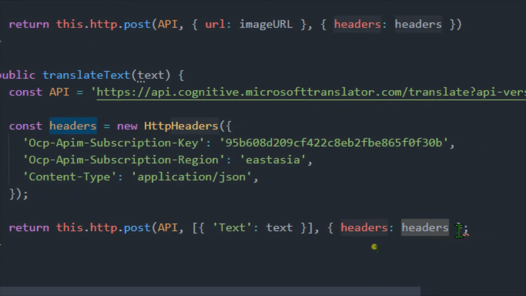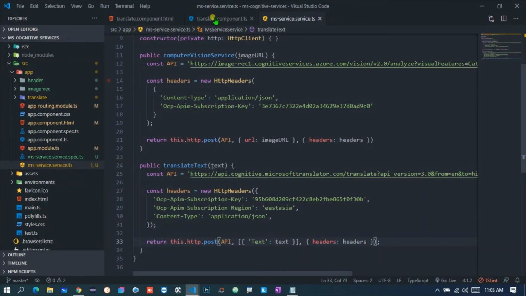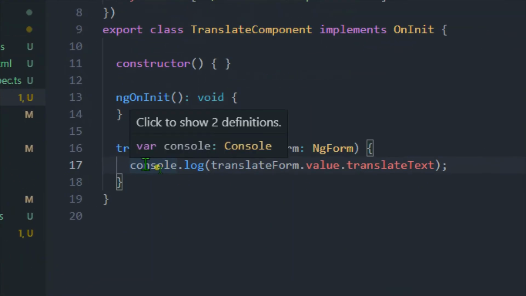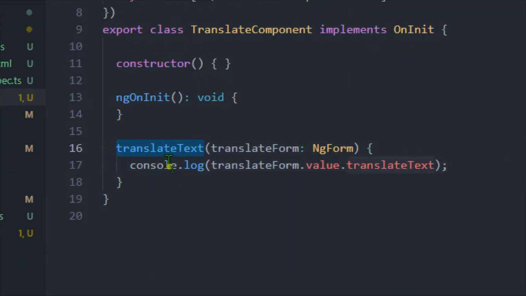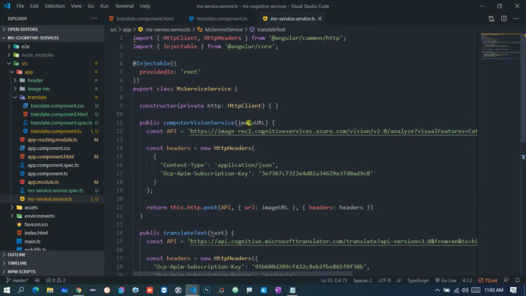Now over here I am getting one error, and this is because I missed these brackets like this. Now let me save this one, and make sure you are giving all these things like brackets and all in a proper way, because the indentation may give some errors to you. So let me now save this one, and let me go back to my translate.component.ts, and over here from this particular function we just need to call this service. And make sure whenever you are using this service, we just need to create the HTTP client.